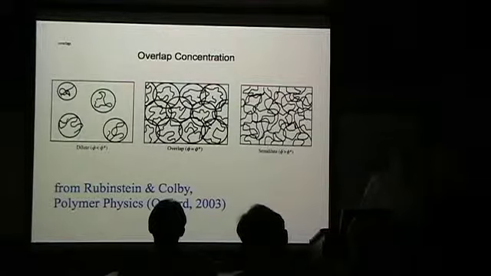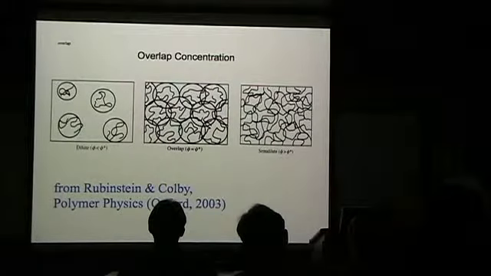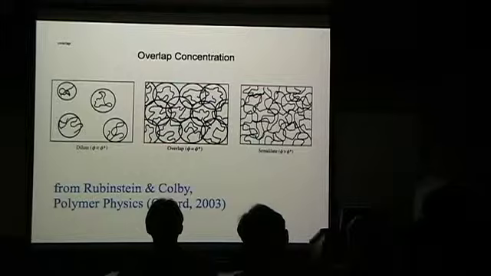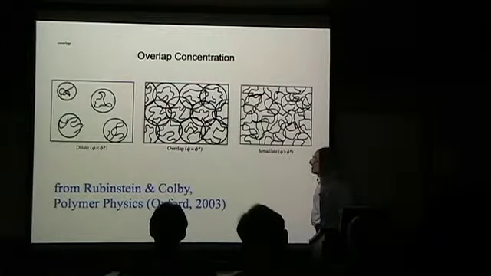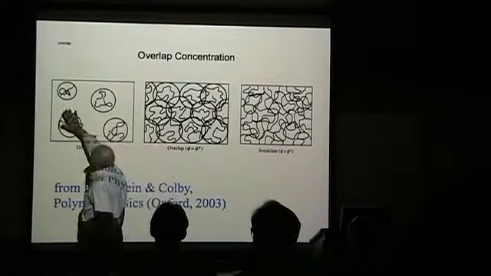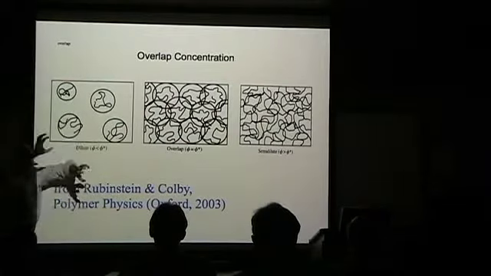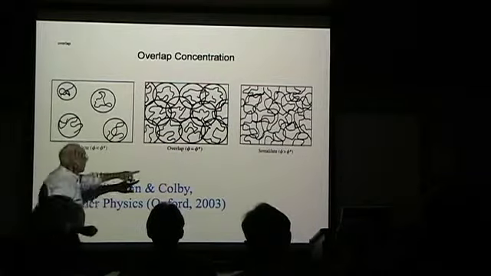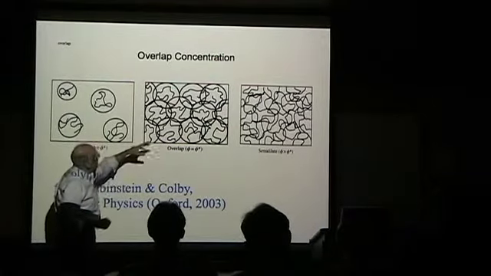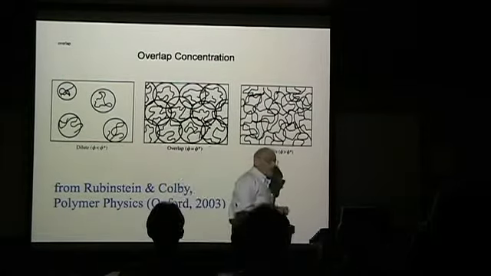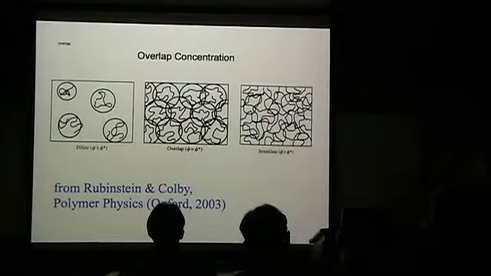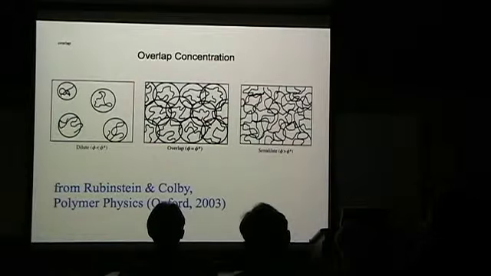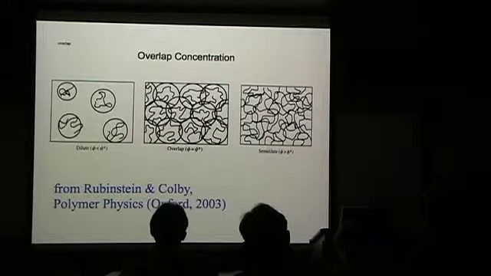So there's some language that goes on in this thing, and polymer people use these phrases, and I'll just appeal to your intuition. If I have a dilute solution, basically each guy fills a space, but they're far enough apart so they're moving around independently, and the space they're filling is very small, so as a first approximation they're treated as though they're point particles. As they get to something magic, and put a 5-star here, this is a concentration, the theorists like to tell us that you can think about these molecules as beginning to touch each other. They just fill the space, but they're not doing anything to each other.